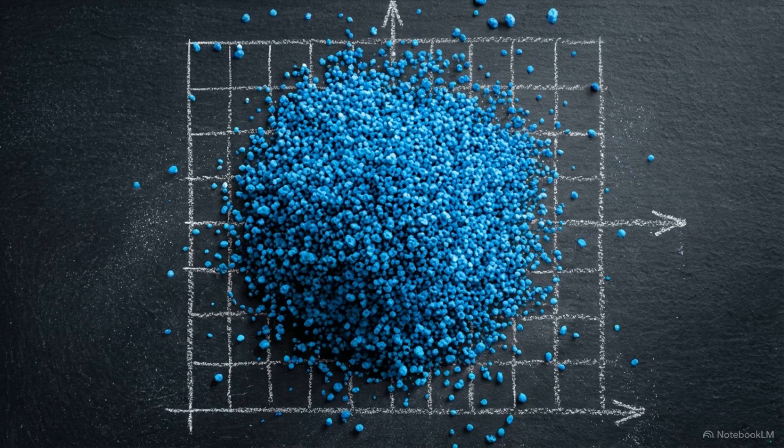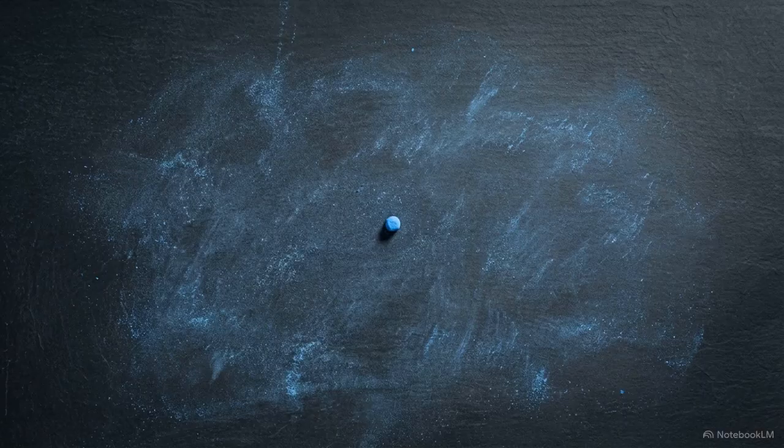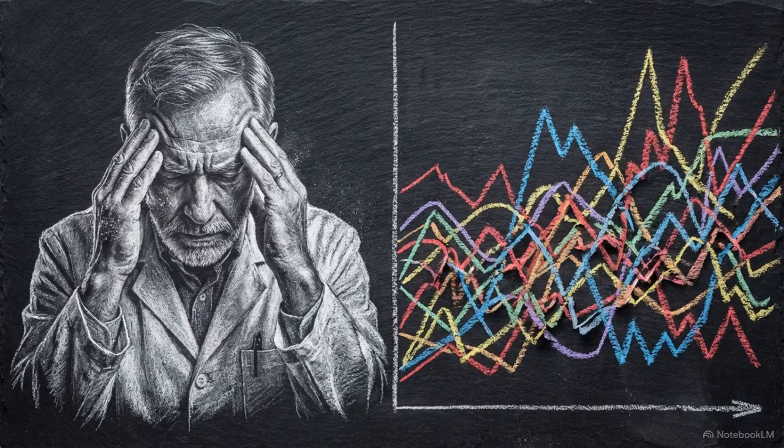If you have a set of data points on a flat, two-dimensional grid, they might cluster together very neatly. But as soon as that space expands to 3 dimensions, or 4, or 1,000, the volume of empty space grows exponentially. Points that were once close neighbors are suddenly pushed light years apart. In machine learning, this is called the curse of dimensionality.